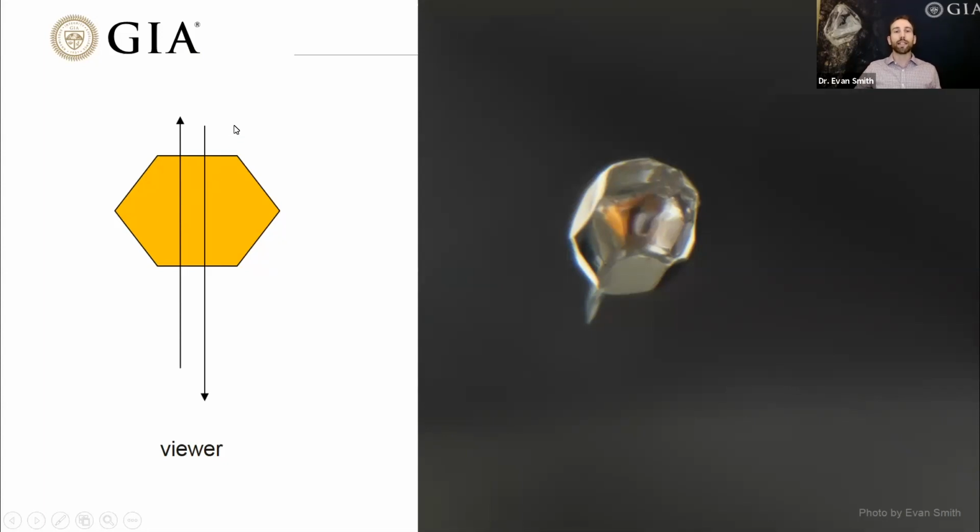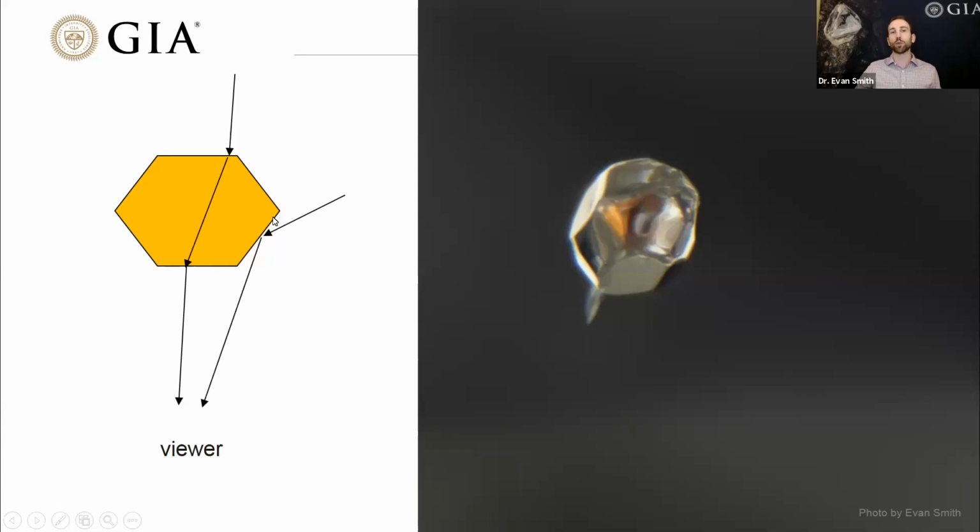But if we have light that's coming at us from an angle, we'll see that the light is actually bent by quite a bit because the index of refraction of the diamond and the inclusion is very different. And this becomes important when we start looking at some of these peripheral sides, because what happens is that the light has a tendency to bounce right off the inclusion rather than enter the inclusion and allow us to see the interior. The sides, when we view them at an angle, behave almost like a mirror. And this isn't something that's restricted to inclusions in diamonds.